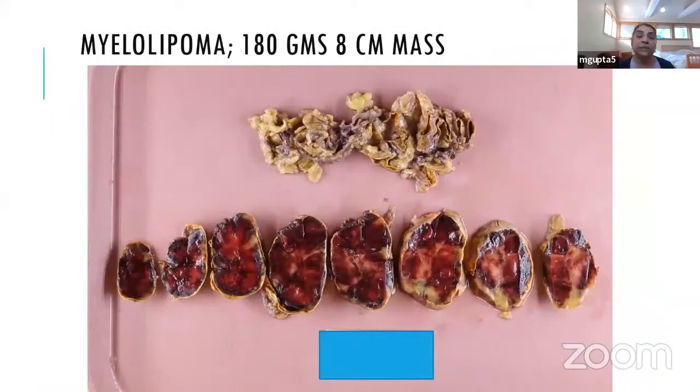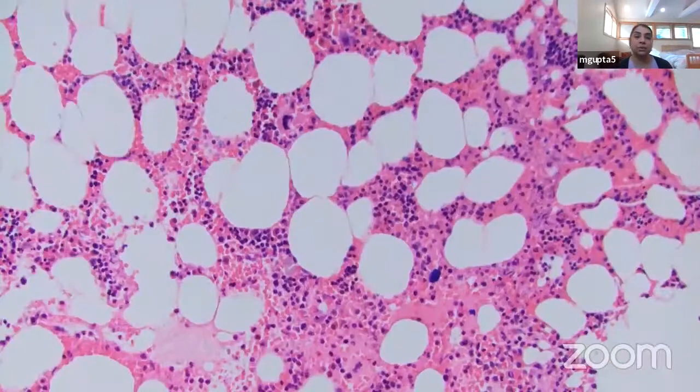Myelolipomas is another thing which has been added as a new chapter in the new WHO fascicle. And these lesions are usually small, as a degenerative change, as I showed you in the prior adenoma, but they can also be big lesions, meaning their weight is more, their size is more, and they have this variegated tan red appearance. So one would think that it could be an adrenocortical carcinoma. But on microscopy, you can see a lipomatous component and a trilineage hematopoiesis. One can see here megakaryocytes and all other